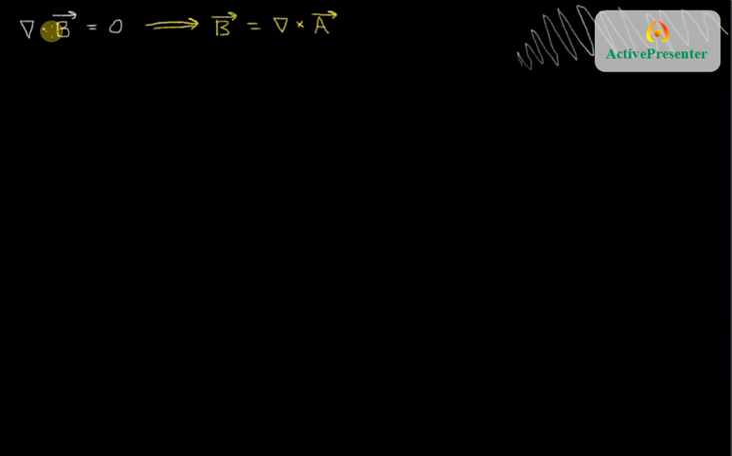We've seen that the fact that the magnetic field has zero divergence mathematically means that you can write the magnetic field as the curl of a potential, a vector field we call the vector potential. Let's deal with the same thing for the electric field. One thing we noted